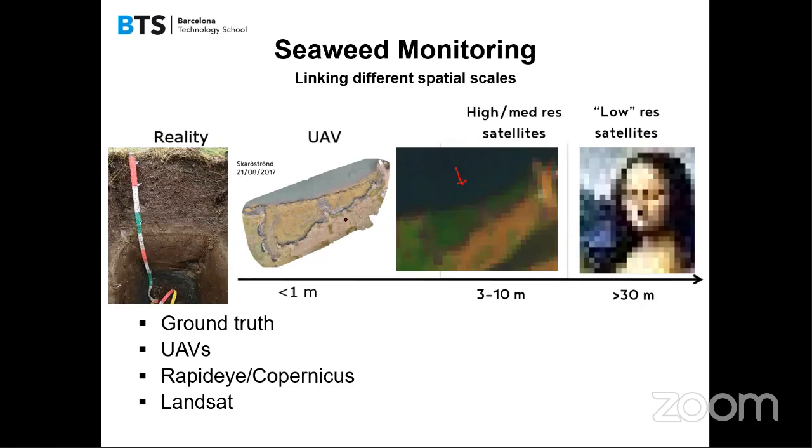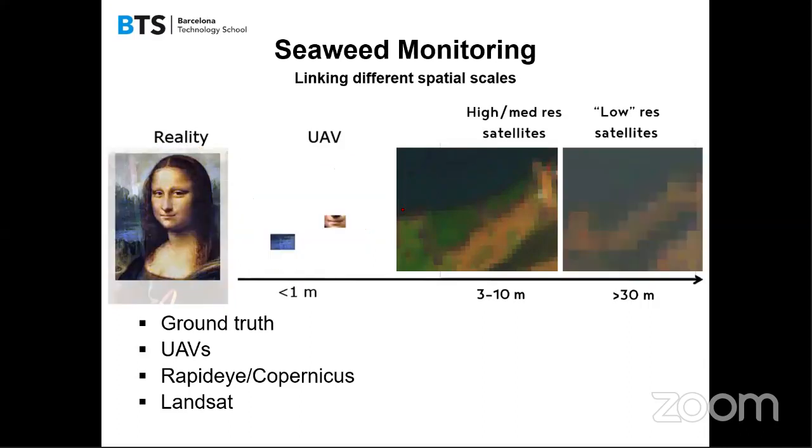This is a Sentinel image, so you can imagine the downgrade in resolution. You go from seeing the two different types of seaweed very finely in the drone image to this. So this is a very challenging problem, to identify the total extent of one species with respect to the other. And then we had the